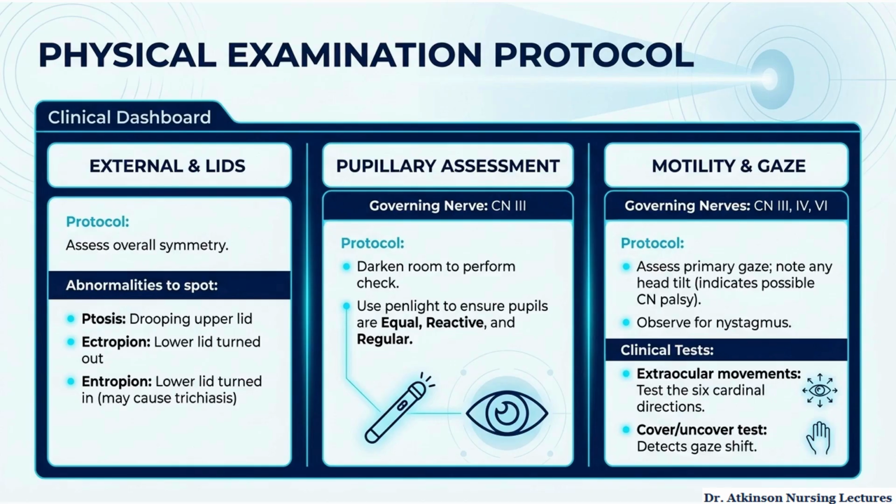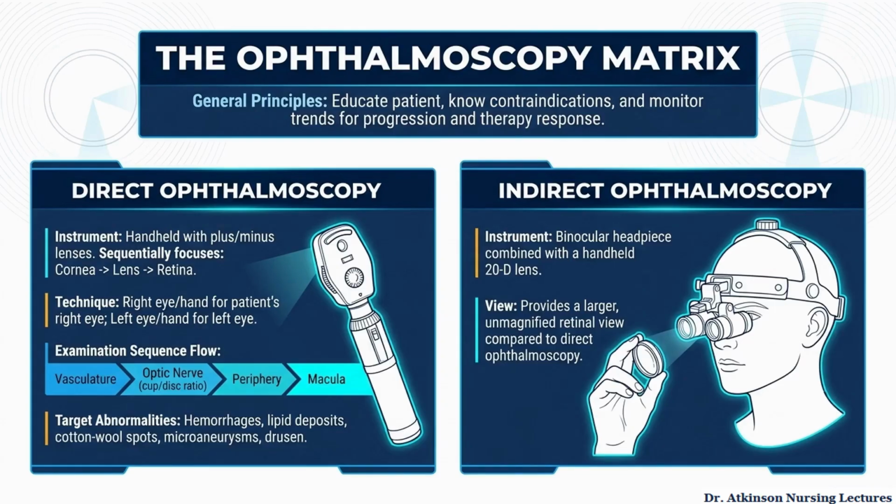Motility and gaze assessment involve cranial nerves 3, 4, and 6. Primary gaze is assessed while observing for head tilt, which may indicate cranial nerve palsy. The examiner also observes for nystagmus, tests extraocular movements through the 6 cardinal directions, and performs the cover-uncover test to detect gaze shift. General diagnostic principles include educating the patient, understanding contraindications, and monitoring trends related to disease progression and